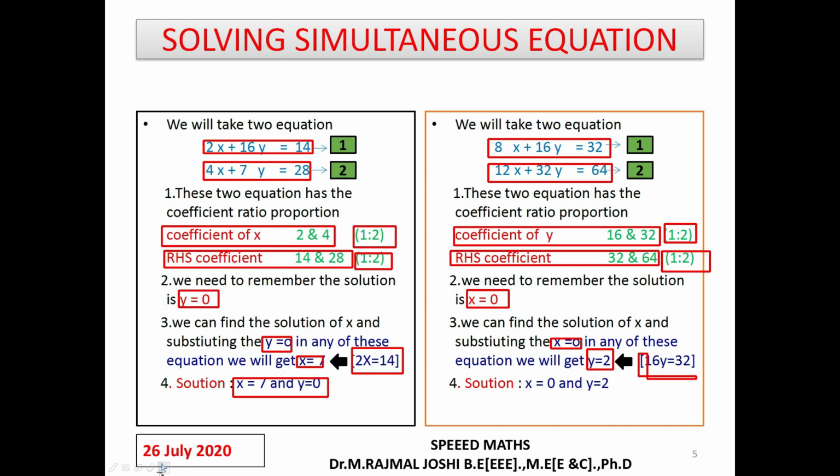So we have got the y solution and the x solution. Once again, when the coefficient of y is proportional to the right hand side, the x solution is 0. Substitute x equal to 0 in any one of the equations and we get the simplified equation 16y is equal to 32. From this y is 2 directly. So the solution is 0, 2.